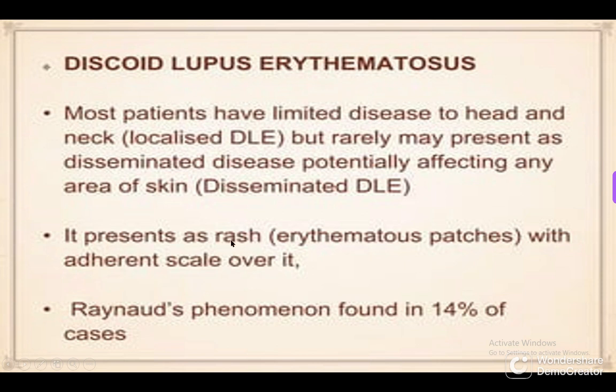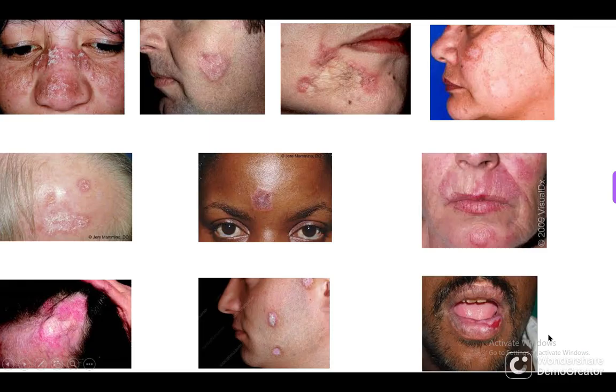A rash which has these particular features. In 14% of the cases, they exhibit Raynaud's phenomena. You know, Raynaud's phenomena may be primary or secondary. It is secondary Raynaud's phenomena because of the disease process, which is autoimmune in nature. Now, these are things you can definitely be asked in the MRCP examination or in STEPS